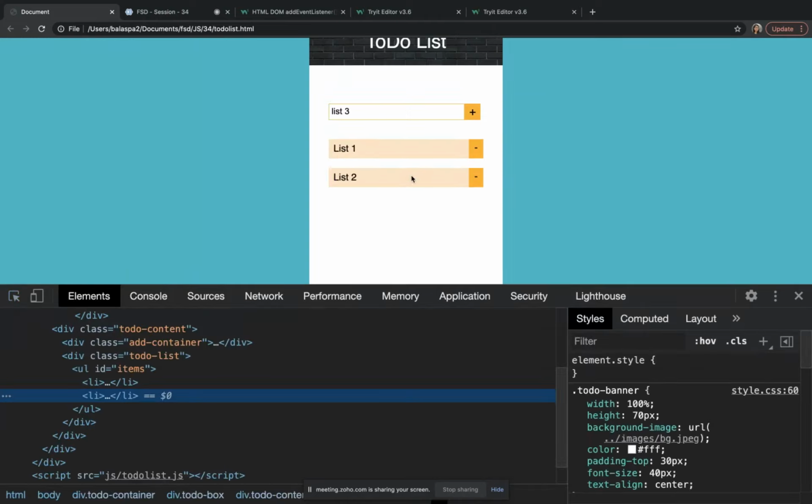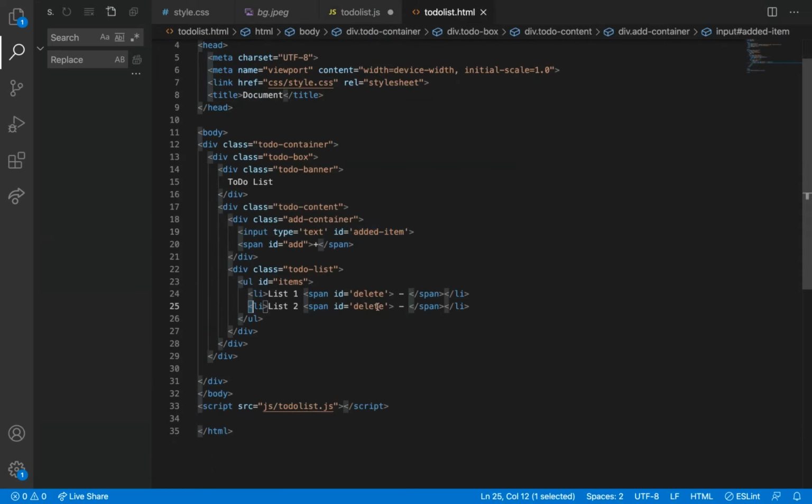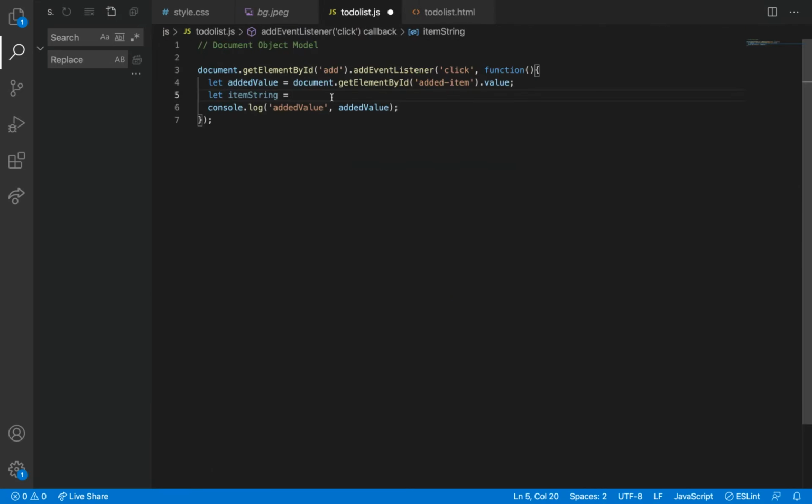For that, I'm going to let item string, I'm going to add a string with this value. I'm going to use the tick symbol because I have taught many times about this.